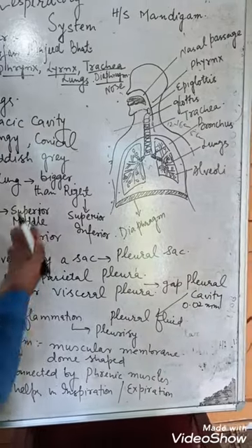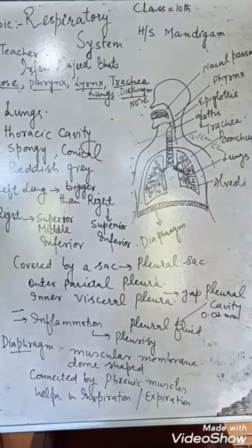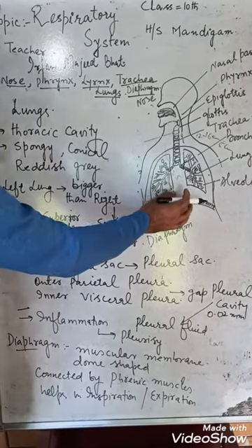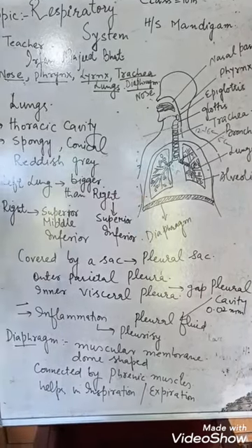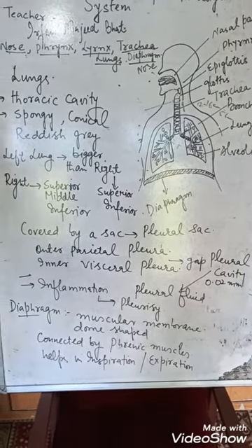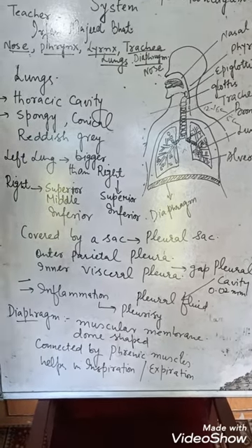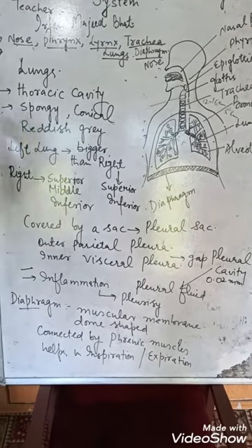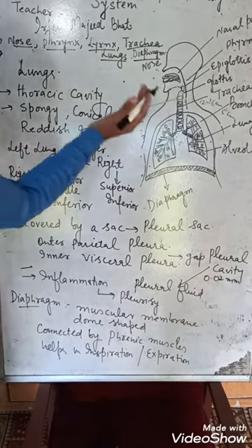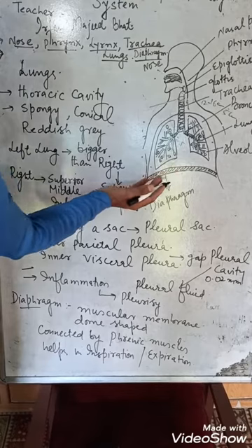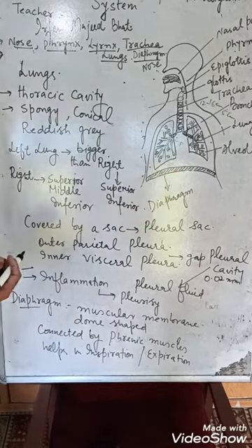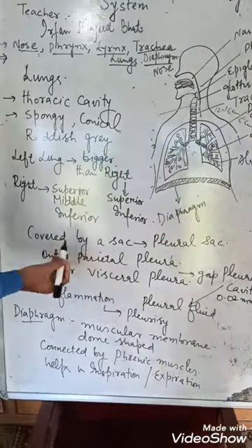Now let us discuss the most important organ of the respiratory system, that is the lungs. We have a pair of lungs in our thoracic cavity. This is the thoracic cavity, or we can say the cavity which is just under our ribs or inside our ribs. That's called the thoracic cavity. And inside this thoracic cavity you can find your lungs. Below this thoracic cavity there is a partition called the diaphragm, and that also I would like to discuss here. Then below the diaphragm there is a cavity called the abdominal cavity.